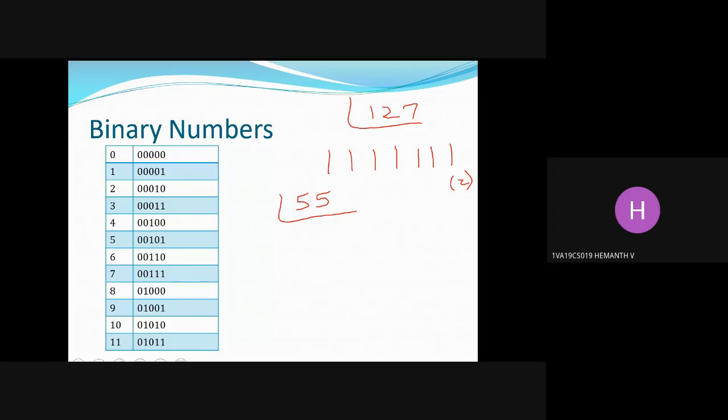One 11011, ma'am. Yes. 11011 is the binary value of 55. Okay, and also note that